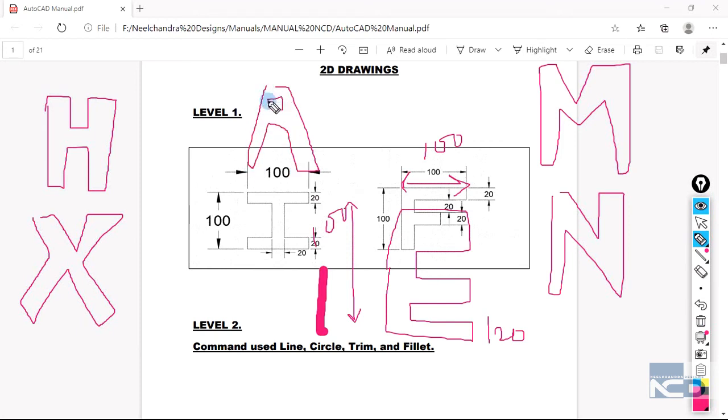The dimensions will be the same. As I'm telling you, you can write your own name if it doesn't contain any curved letters like P, D, C and so on. If your name is Aman, you can make it with the help of A, M, then A and then N. Similarly, you can find out your own name and write it in AutoCAD. And this is your task.